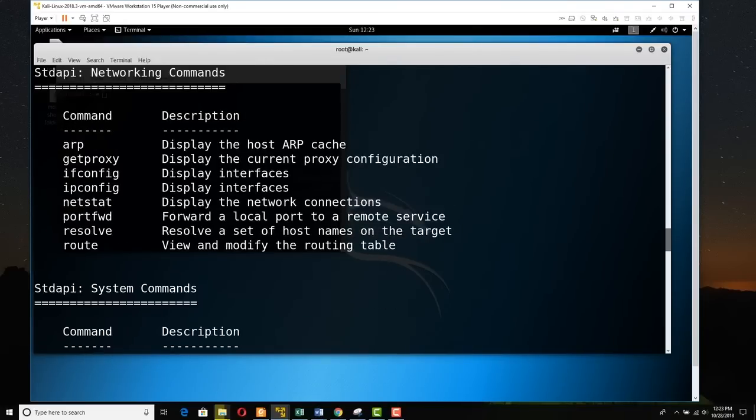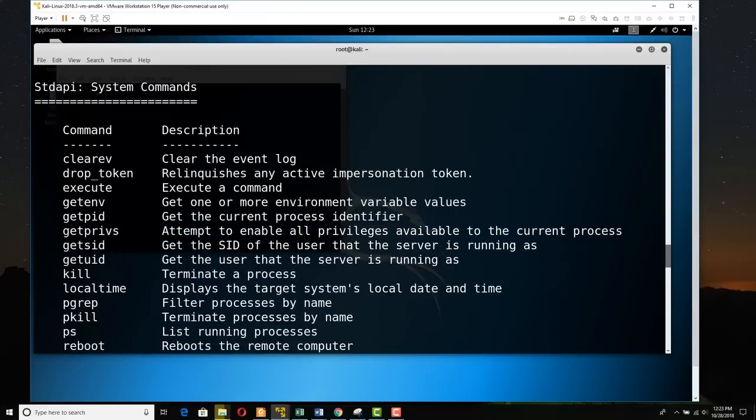We can view the ARP cache of the target. We can view the IP configuration, netstat. We can view the route cache. We can clear their event log if you want to, which would be what you do when you hide your tracks, cover your tracks. We can execute a command on the remote system, which we can do a